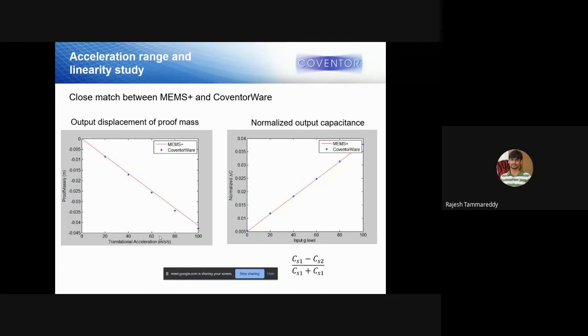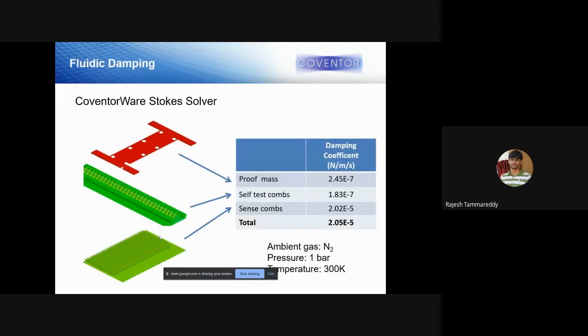That mass displacement you are seeing here. On the right side, what you are seeing is capacitance, delta C. You are getting two capacitors, right? One is increasing and one is decreasing. You will see a delta of that capacitance. So this is how you see the linearity from this input and output, how linear the output is with respect to input. So this is the one analysis that you do.